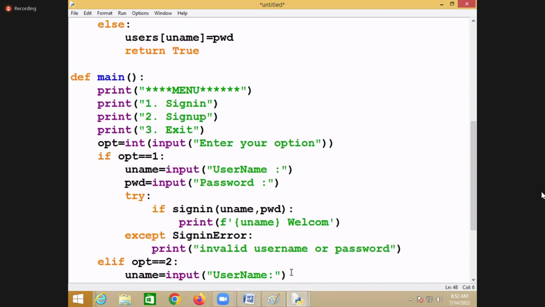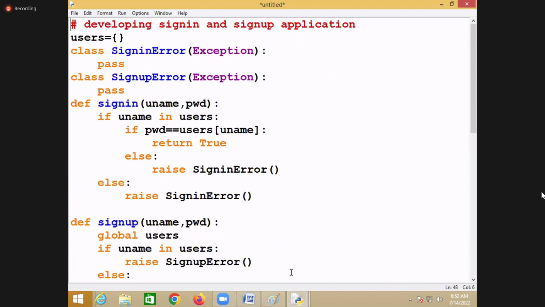Simple. But in this simple application, how many classes do I write here? Two classes. One is the sign up error class and one more is which one? Sign in error class. So the sign in function raises which error? Sign in error. And the sign up function raises which error? Sign up error. So the caller calls the sign in function and handles which error?